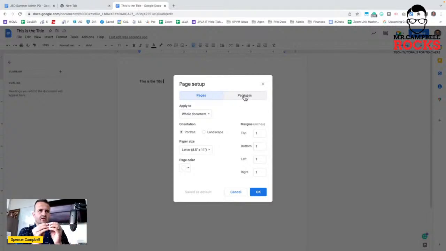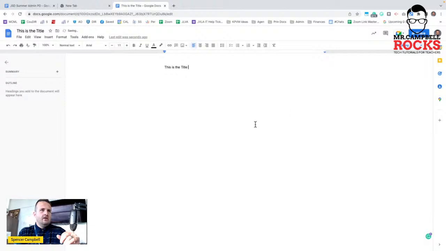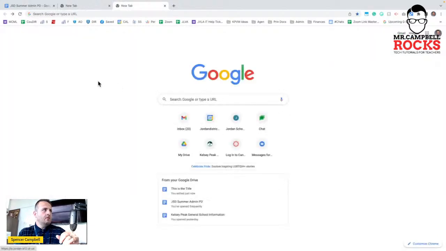When I click on Pageless, what that's going to do is expand my template basically outside of a normal 8.5 by 11 page. So I'll click on Pageless and you'll see that it's showing there. I can click OK, and you'll see that I can just kind of go, whoops,